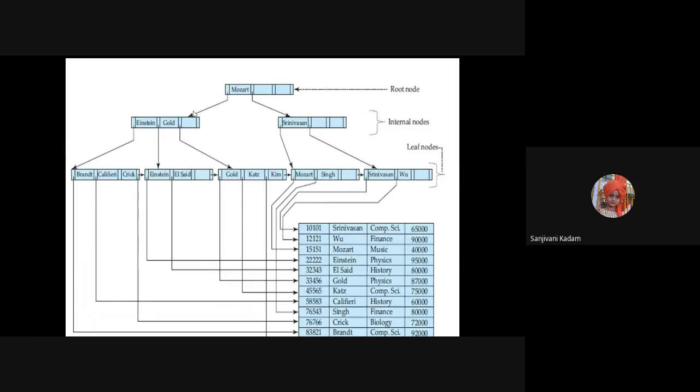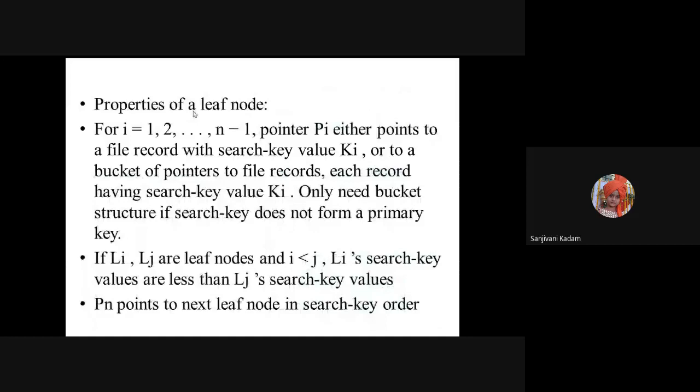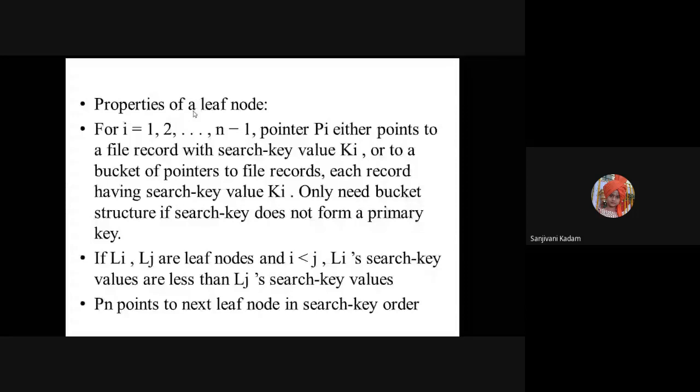Then we saw the properties of leaf nodes: if the order of the elements is n, leaf nodes have n pointers, and out of that n minus 1 pointers point to the actual records, and the last pointer points to the next tree node. The same structure is followed for every node. There is also a limit on how many minimum elements should be there, which determines how the height of the tree grows. The tree grows in the upward direction, not the downward direction.